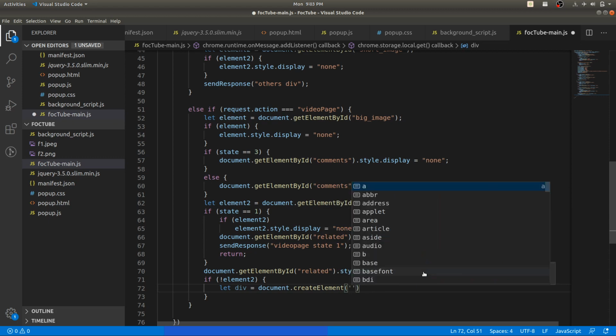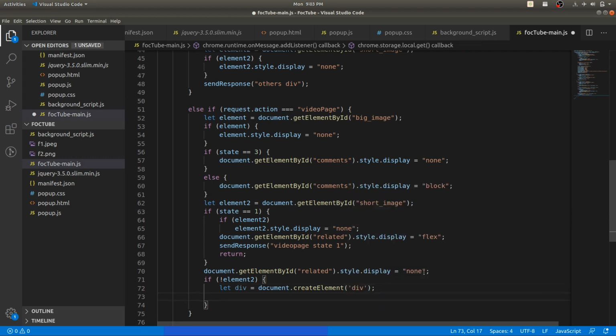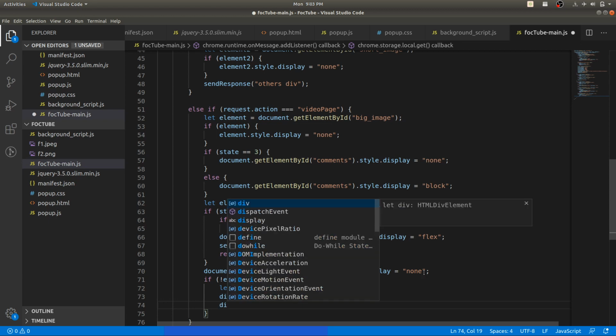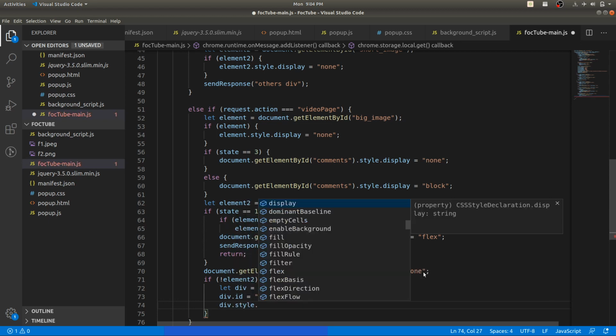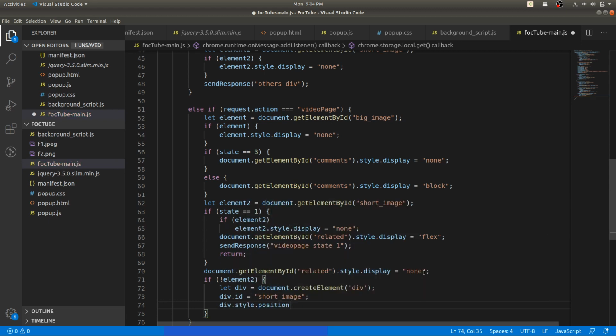And if element 2 exists, because in both states we are showing that short image in the site suggestion. So if the element doesn't exist, what will we do? We will create the element. Otherwise we will just make it display, or restore its display. So let's create the div. If not element 2, let div equal create element